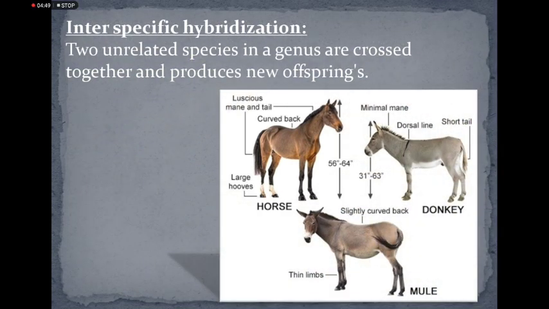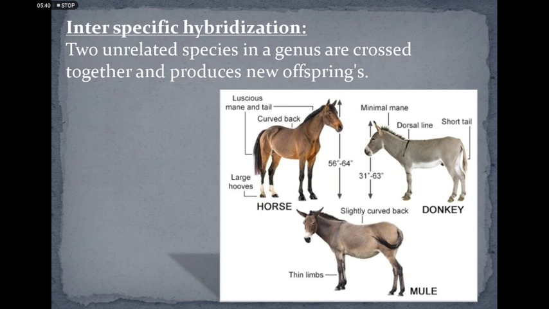Next one is interspecific hybridization. Here, two unrelated species in a genus are crossed together and produce a new offspring. In this picture, we can see the crossing between a horse and a donkey. Horse and donkey belong to the same genus while the species names are separate. We can cross these two different species, and here we produce a mule by crossing a horse and a donkey, while this mule